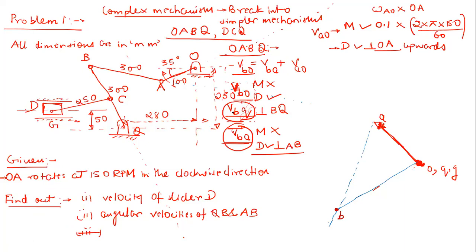See, out of this VBQ vector, VBA vector, this point B is the common point. So this should be marked as B. Now just draw the direction. So velocity of B with respect to O or Q, right? And then velocity of B with respect to A, so this will be your direction, correct? So now let me draw this again with red line.